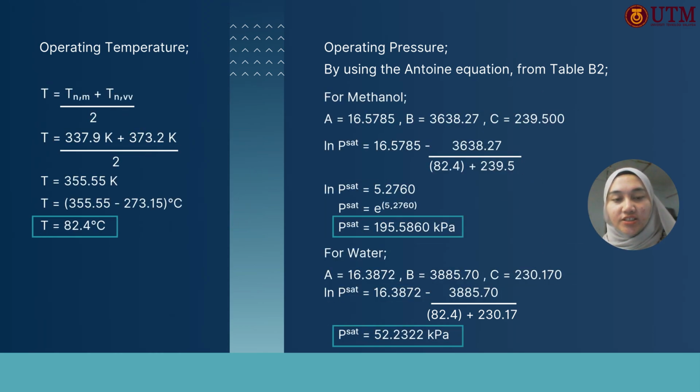For the operating pressure, we apply the Antoine equation from table B2. As you can see here, for methanol, we use ln P sat equal to 60.5785 minus 3,338.27 divided by 82.4 plus 239.5. We solve this and get the saturated pressure. The saturated pressure for methanol is 195.5860 kilopascal. And for water, the saturated pressure is